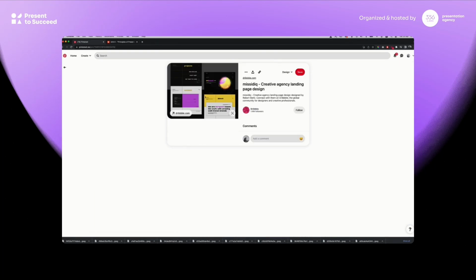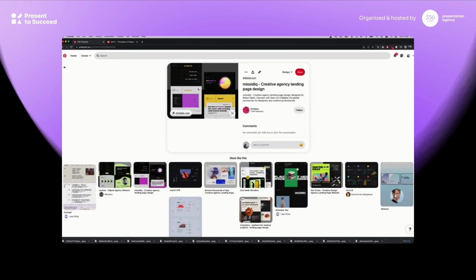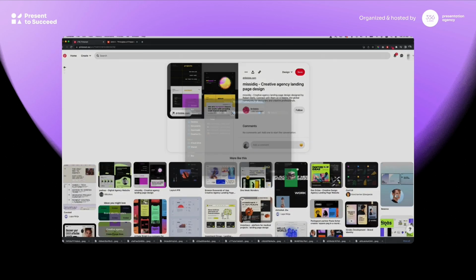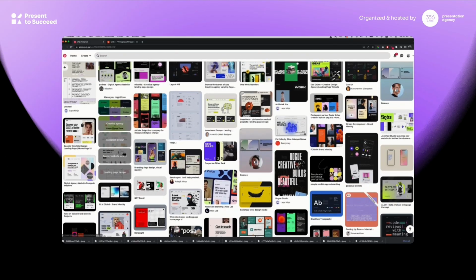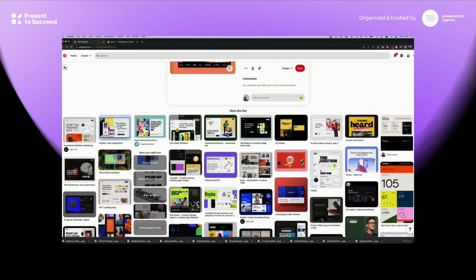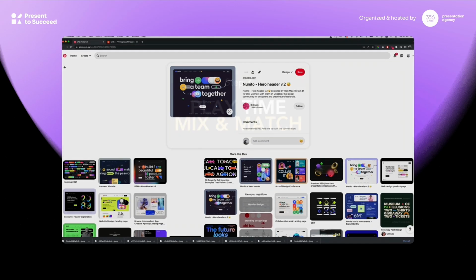So you do this for each of the keywords. And ideally, you want to find some examples of typography. You want to find some examples of color palettes. And maybe some illustrations that you like, or photography, or maybe you liked some of the layouts that you see there, and you want to apply it to your slides. So you just keep collecting it all. And once you feel like you have enough, it's time to put them together in a mood board.